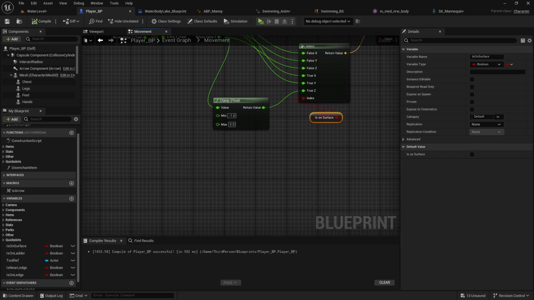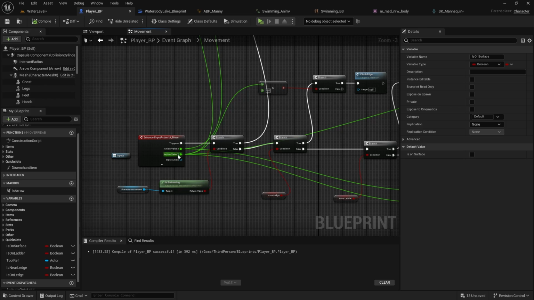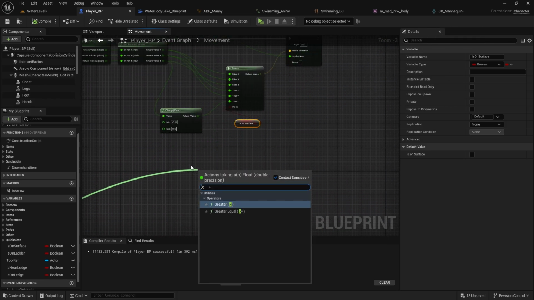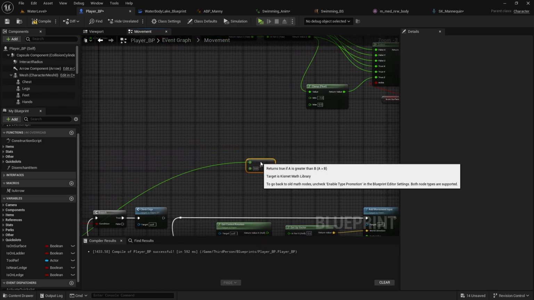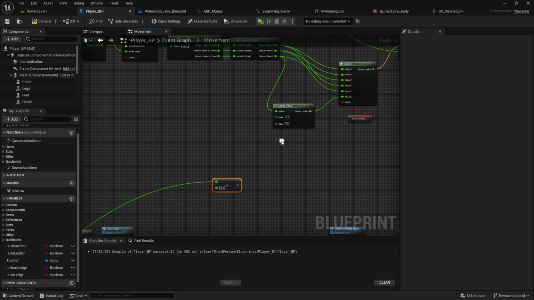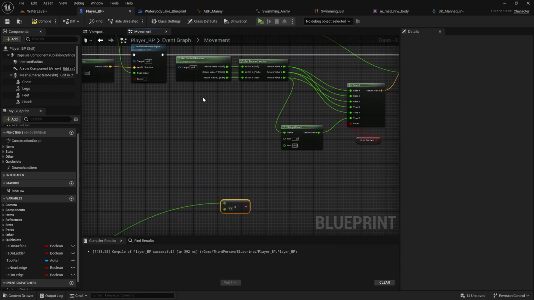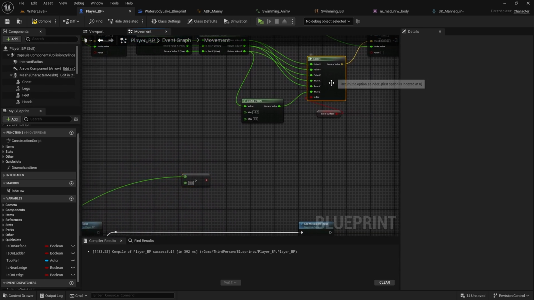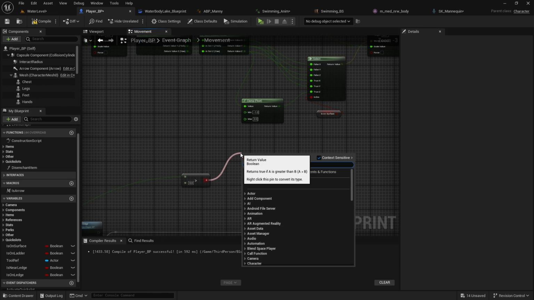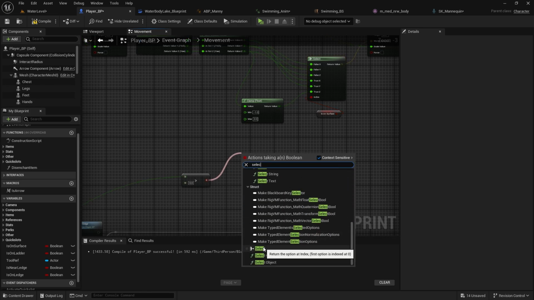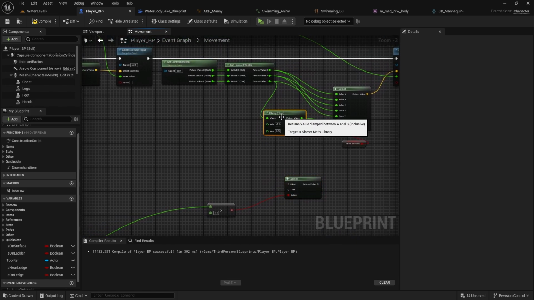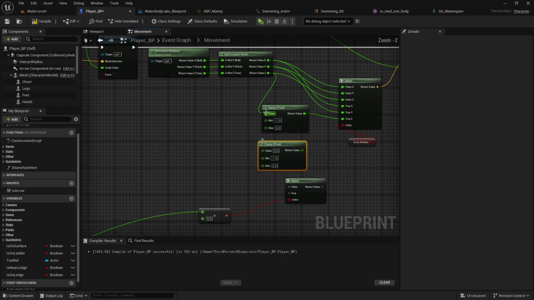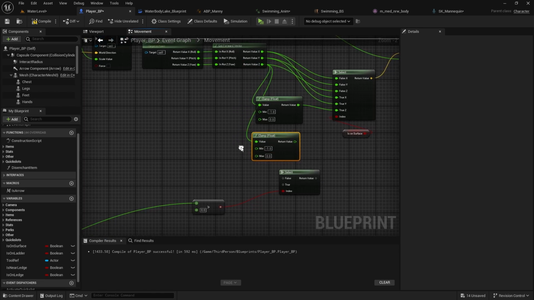So here we will do one more check, and that is if this Y value is greater than 0. I know this is a little bit complicated, but it took me a while to figure out as well to work correctly, but this is what it will fix. I'm probably not going to explain it in the best way because it is a lot of calculations, but if you just do here select, you'll do basic select, and to true we will connect another clamp float, which will be this value, and this time we're clamping it by 1 and 0,